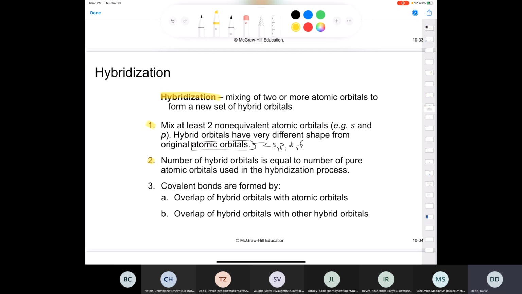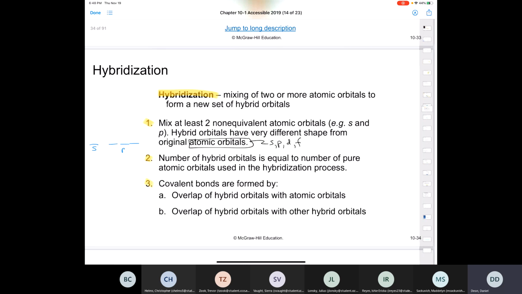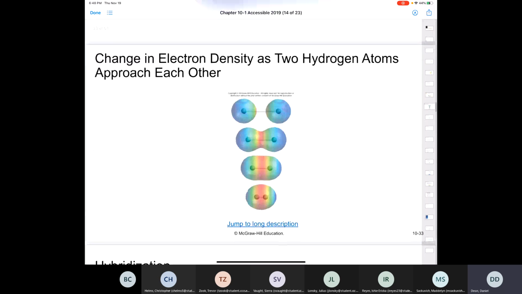For example, what did I just show you? We had sp3 hybrid orbitals that came from one s orbital and 3 p orbitals, and there's 1, 2, 3 of them. So how many sp3 orbitals did we get? We got 4 sp3 orbitals, right? Covalent bonds are formed by the overlap of hybrid orbitals with atomic orbitals, or hybrid orbitals with other hybrid orbitals. That's it, my friends. We go back to our hydrogen molecule, right? We started out with the